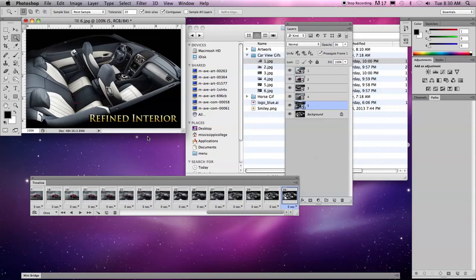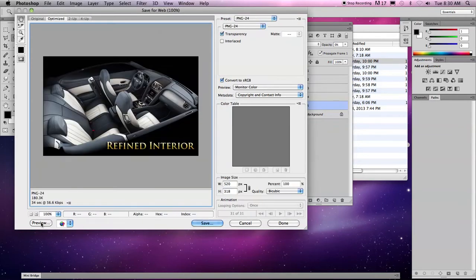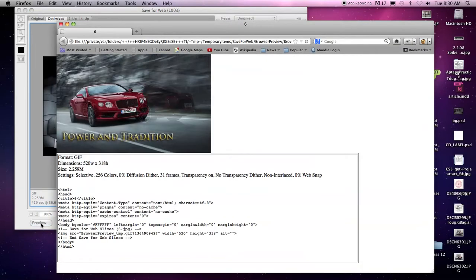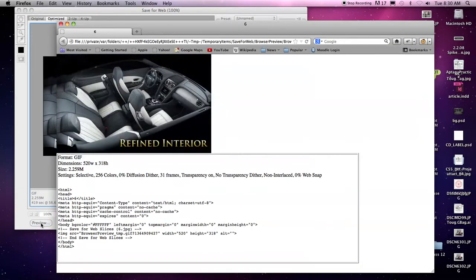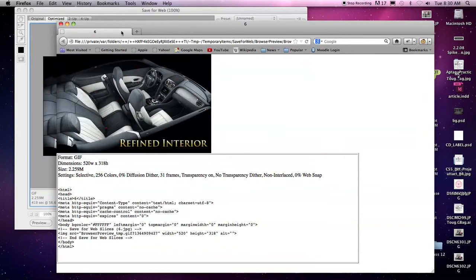All cool? All right. Now if I was to play it, let's go up to web, save for web, get my GIF going on. We'll preview it. Looking pretty cool, huh? So it's transitioning between one and the other. What's the problem that you saw there? It's too quick. I want it to stop on each one. I want it to have a particular